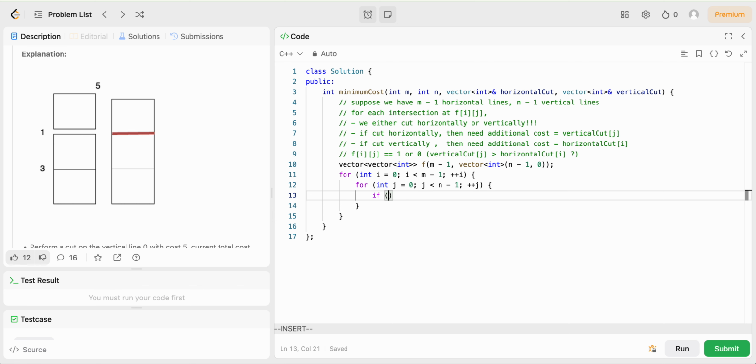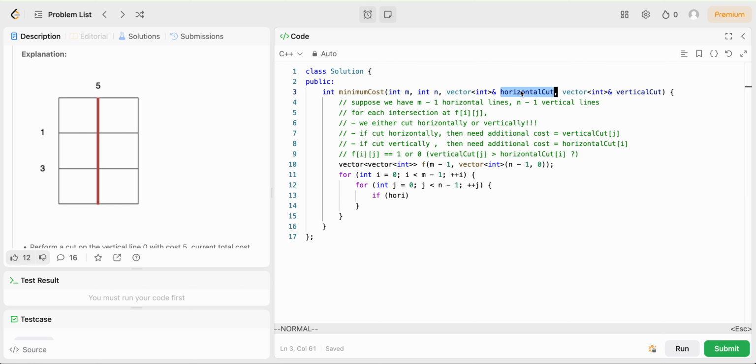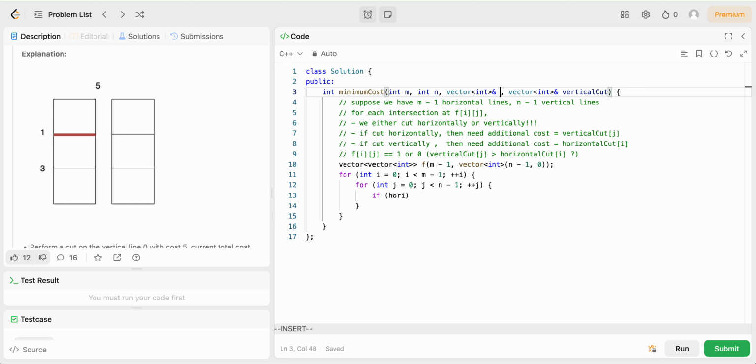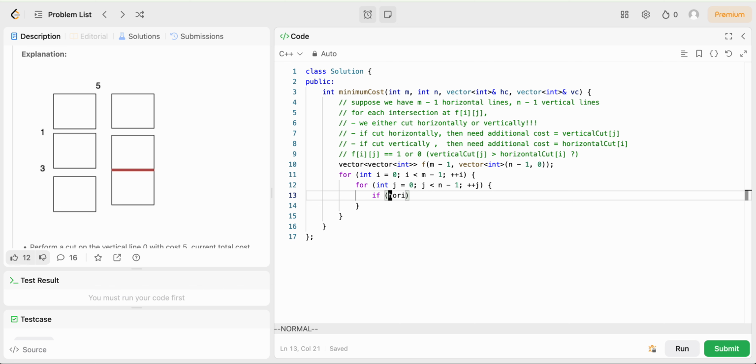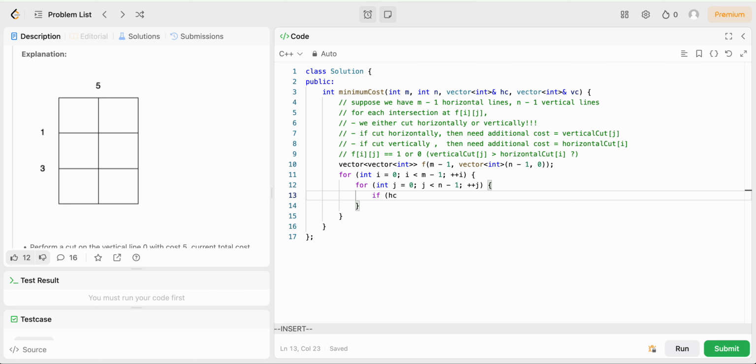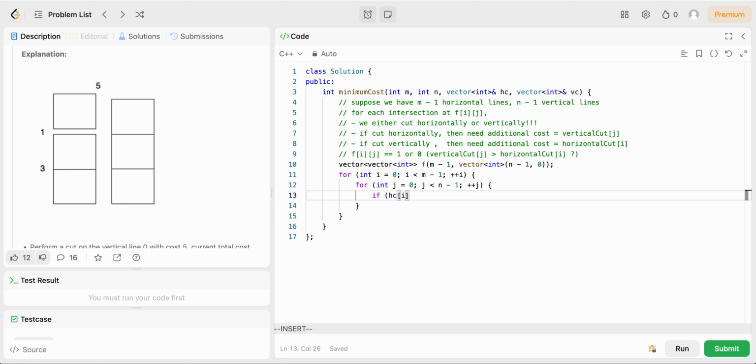Let's make this simpler: this is HC and this is VC, meaning horizontal cost and vertical cost. So this is just if HC i is less than VC j,